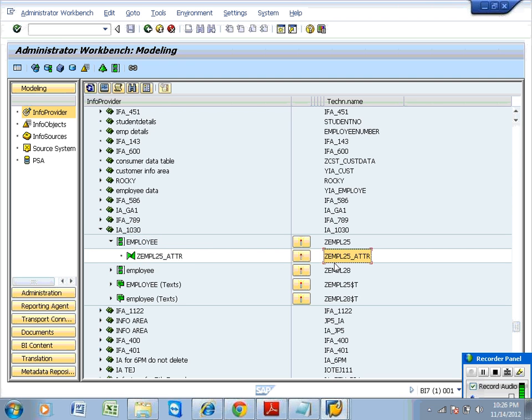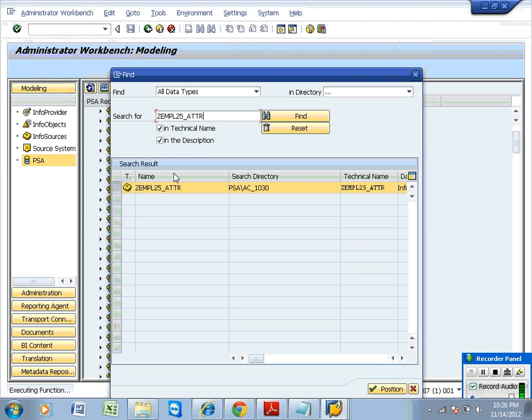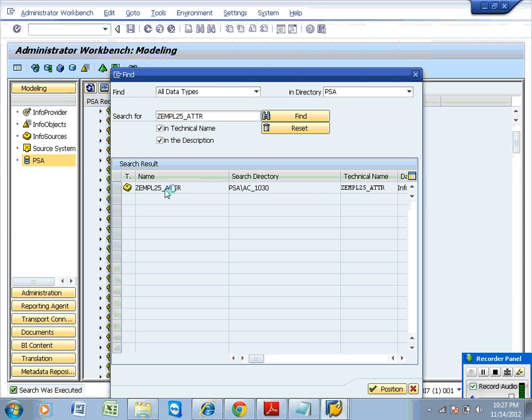Obviously, this is going to be your info source and structured info source. You are able to find the info source information. Your PSA should have that request, which is missing there. That's the reason again I am executing the same step.